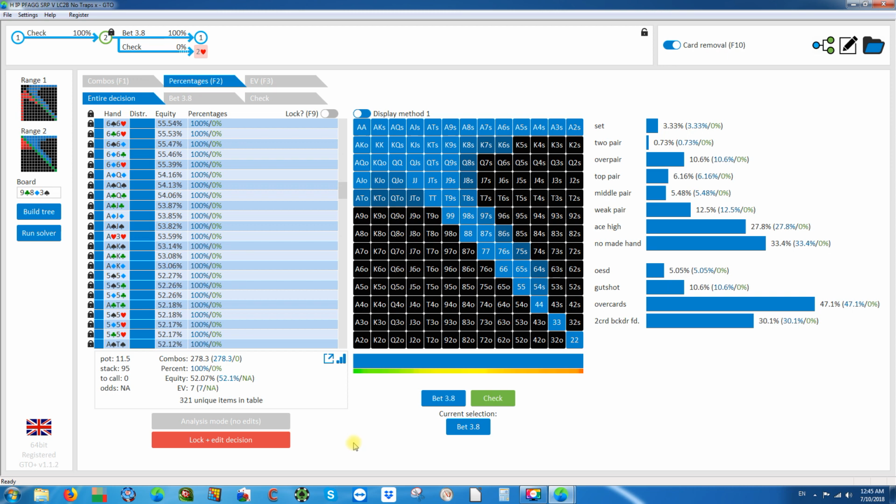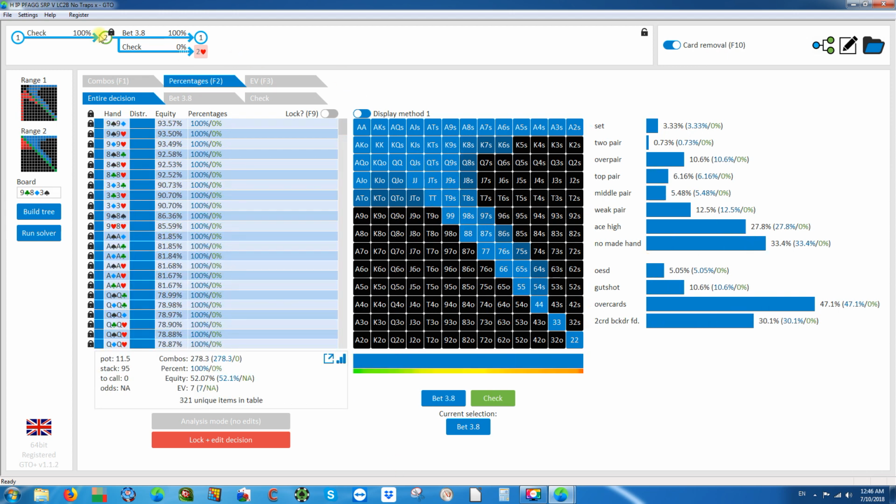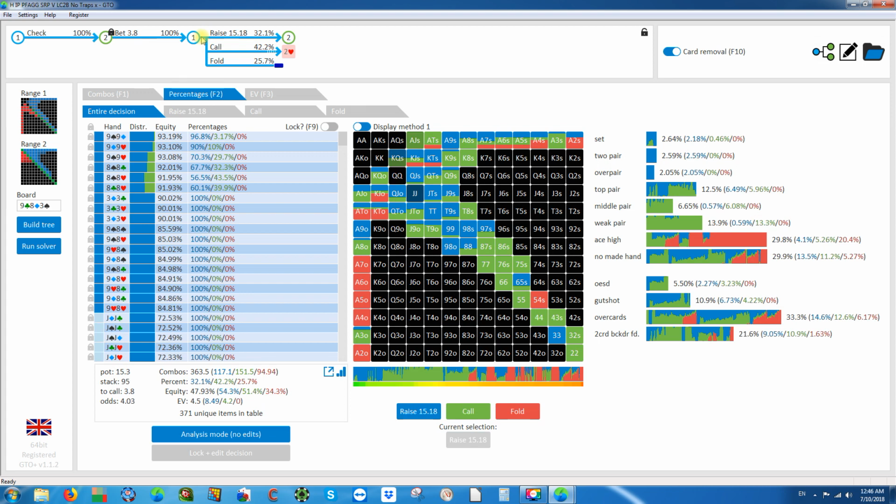Into a pot of maybe 23 or 22, something along this size. So this is really, really small, right? So basically, this is how you're gonna not lock. And let's just say, for example, now that we have locked the betting range for Hero, and we bet, we go to the next decision point. This should be the optimal